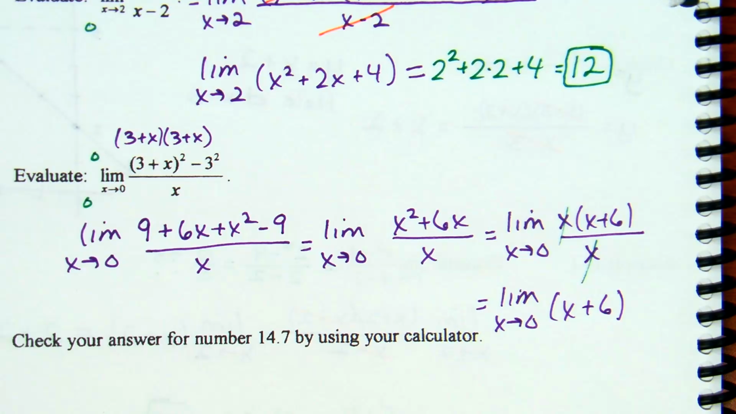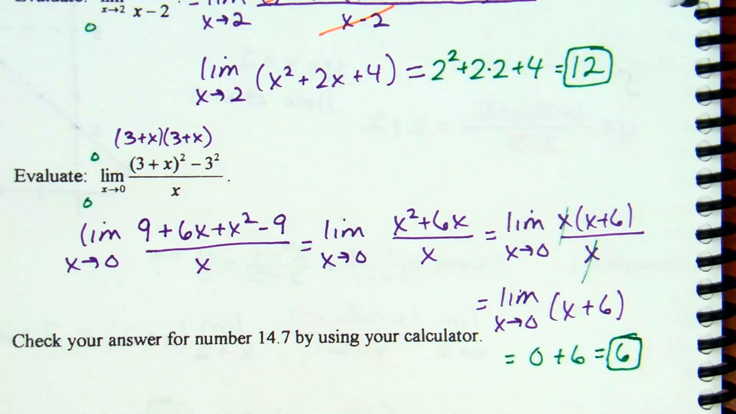And then since the x canceled, how would there be a hole there in here? Yep, there'd be a hole. It'd be a hole at x equals 0. So it'd be a hole at the point 0, comma 6. I mean, that's what most of the ones we've been looking at, the hole is at where the limit is. That's the idea. Okay, check your answer for number 14.7 by using your calculator, which means, what are they saying